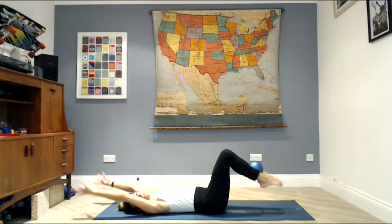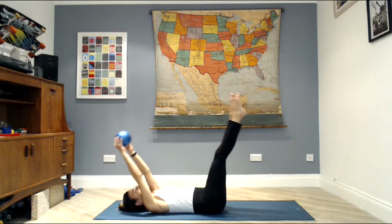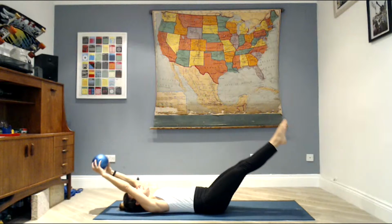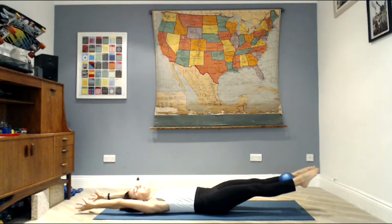If you want to modify this, we just bend the knees, keep the feet closer to the body, or don't do the full range of motion, just come halfway down. We don't need to get down to that mat if you've lost that abdominal connection. Use your breath, big exhale to lift, inhale to lower, never holding the breath, exhale up, inhale down, stay here